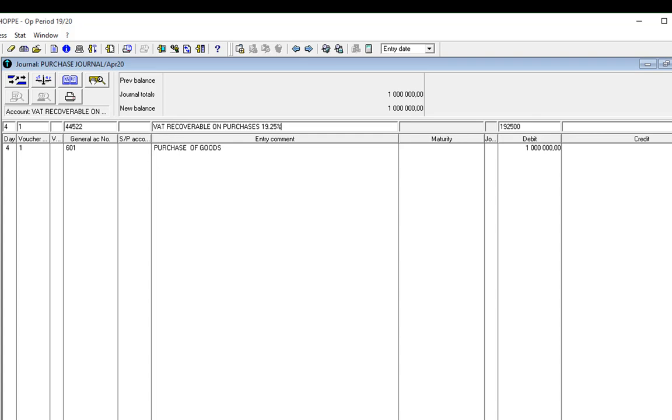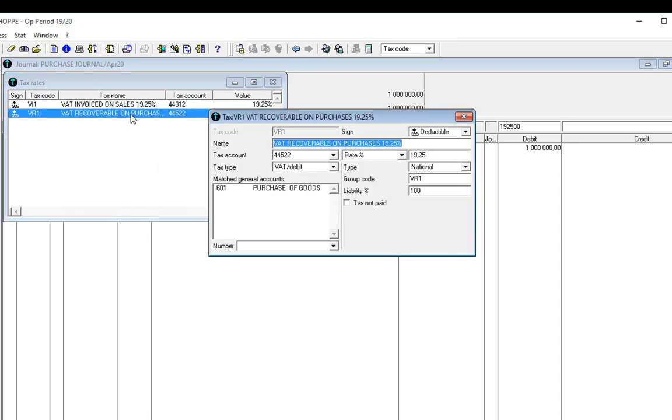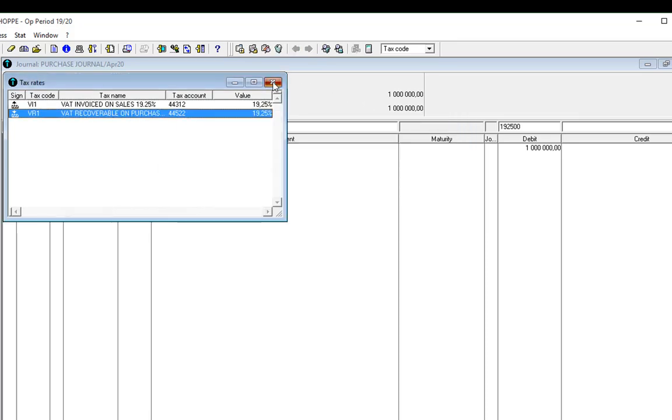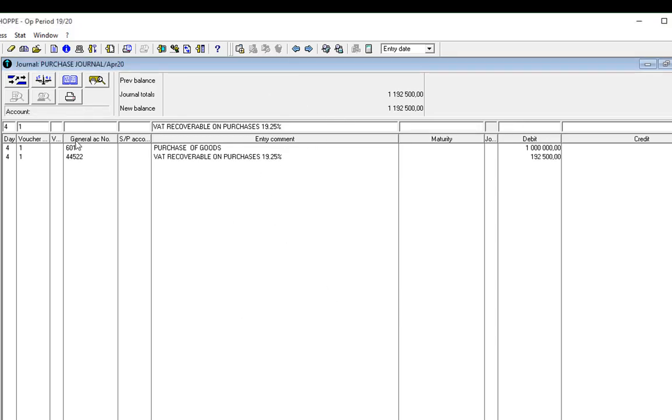All this because when we're creating our tax rate, we made it in such a way that this VAT rate of 19.25% should be attached to 601. So from here I click on enter, and this is it. Now I have to